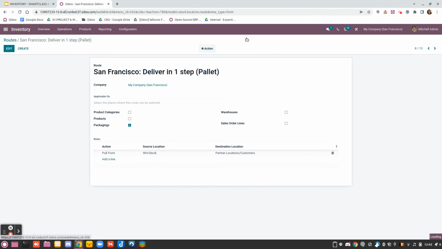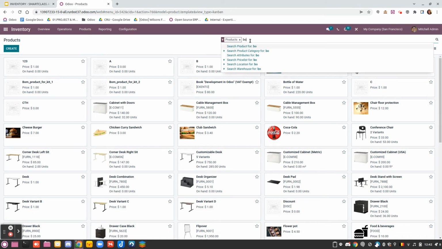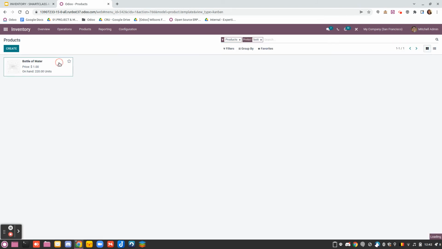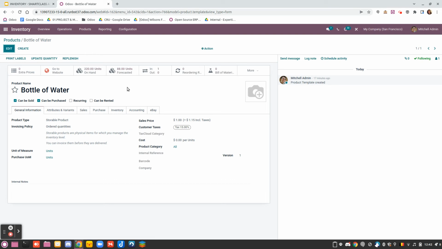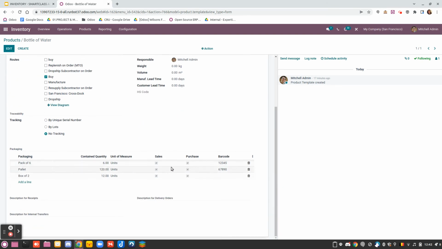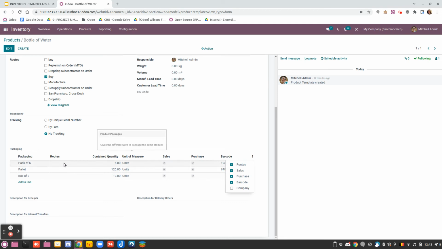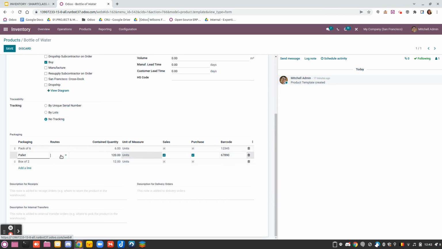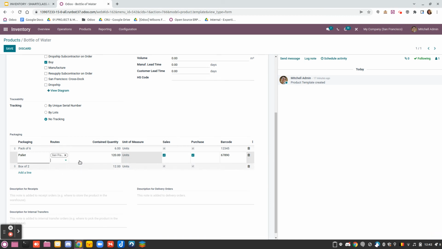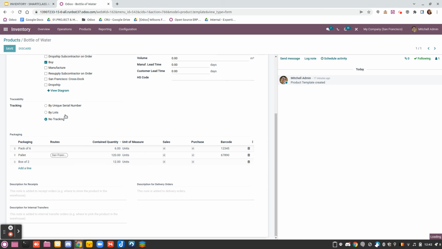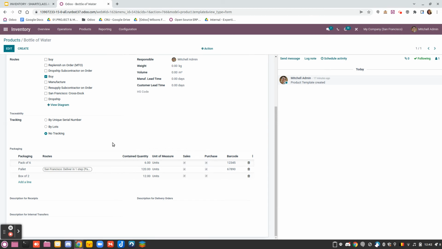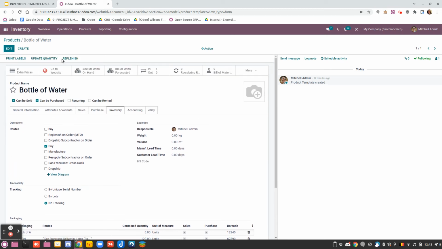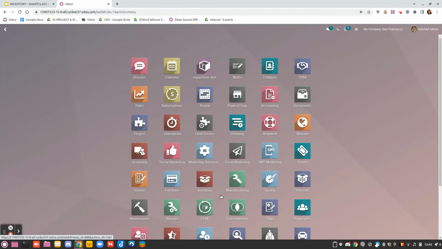Now I will go to my product, bottle of water, and on the inventory tab I will click here to see the extra option, and I will say that my pallet will use the route Deliver in one step. So I see it as available as I have chosen the option on the route that is available for the packaging. So now if I go back